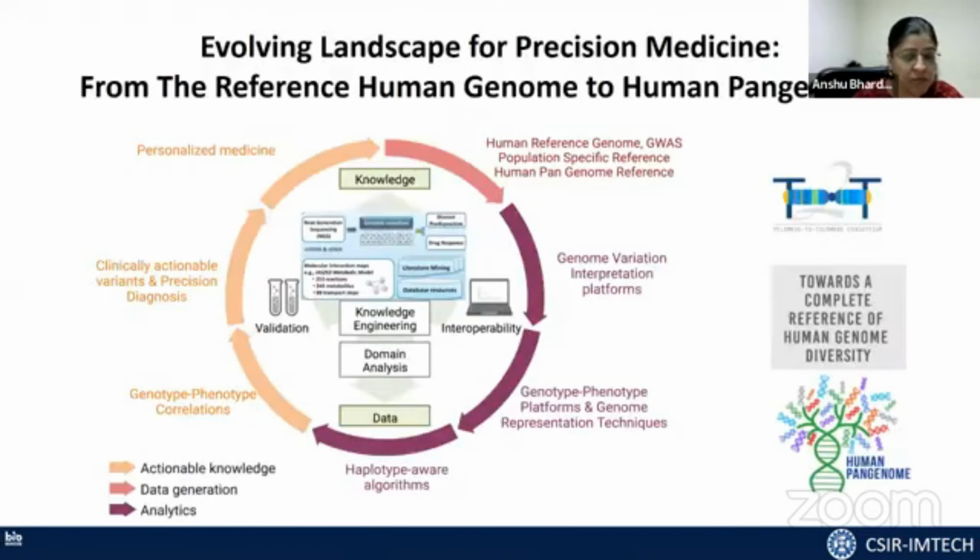Now, one thing that I would recommend all of you to go back and check is the new developments happening in precision medicine. We have evolved from the reference human genome to population-specific genomes to human pangenomes. Because now we know that as and when we are sequencing more and more human genomes, an additional 4 to 5 million sites are getting added to the data sets, which means that we need to capture the complexity of the human pangenome with respect to precision medicine if we have to go anywhere forward from this point onwards. So have a look at the human pangenome progress.